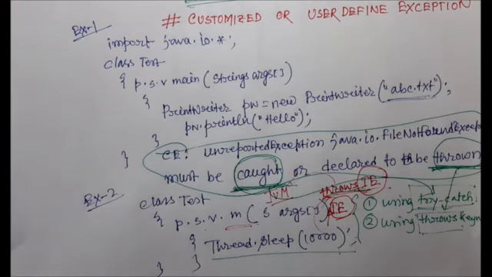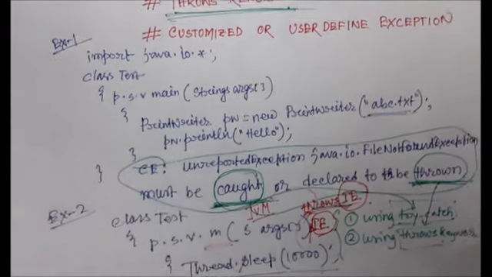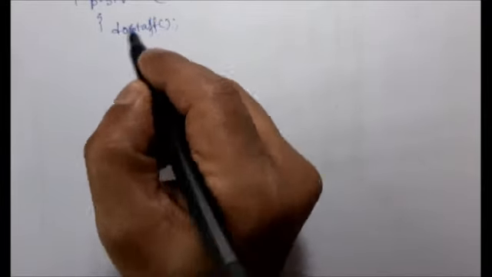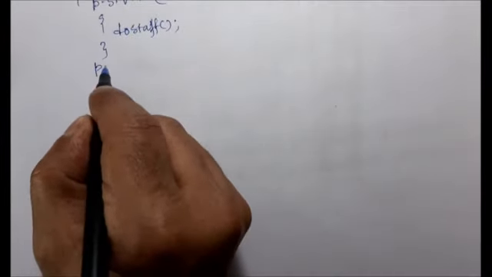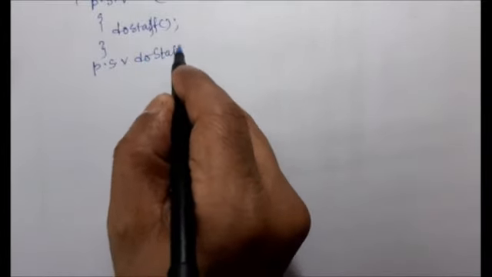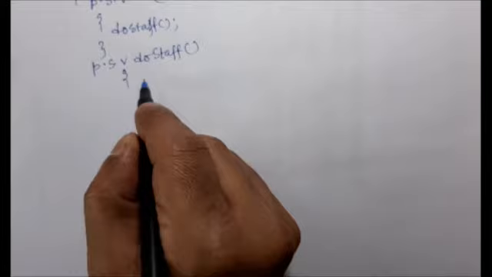And in the very first lecture of this chapter, I discussed a simple class. The name of the class is class Test. I am taking the same example so that you can understand how the throws keyword flows. So, public static void main, with String args inside main. We have a method that is called doStuff. Please remember, the doStuff method is going to call the doMoreStuff method.